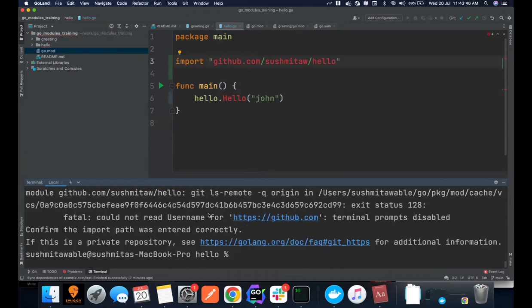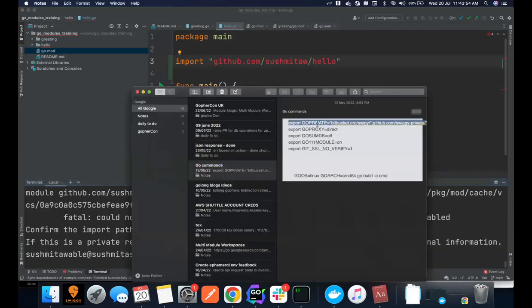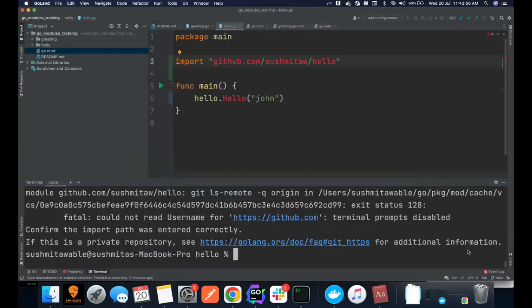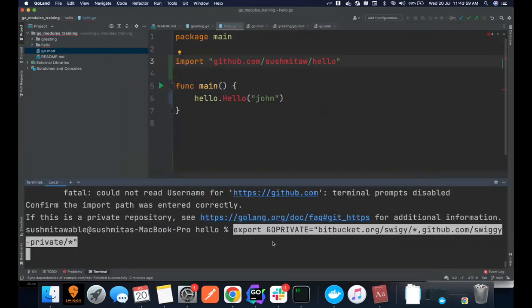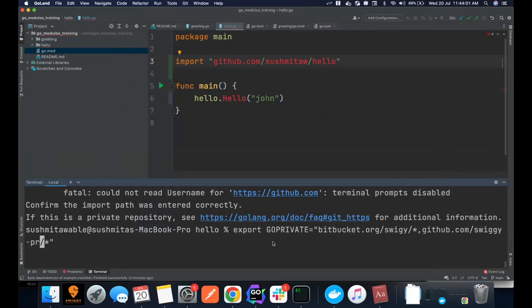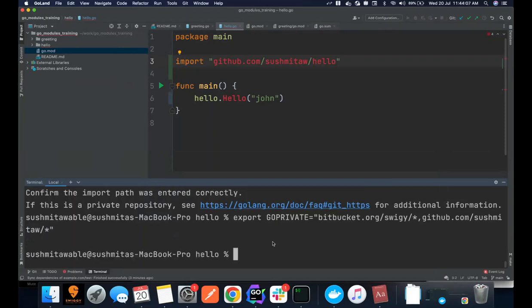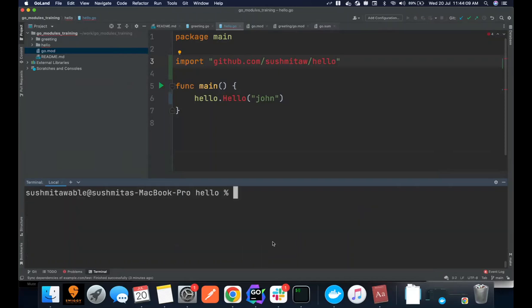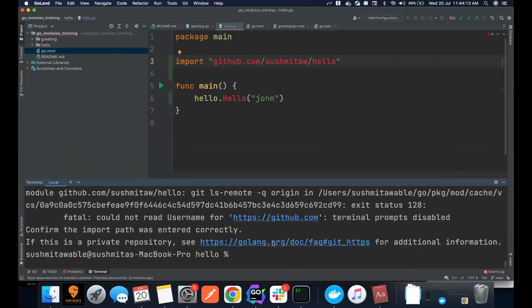Okay, so my repository is private, so that's why I have to enable the Go private variable. So that we do with this variable. So instead of Swiggy private, I'll change it to origin. Now it should get the